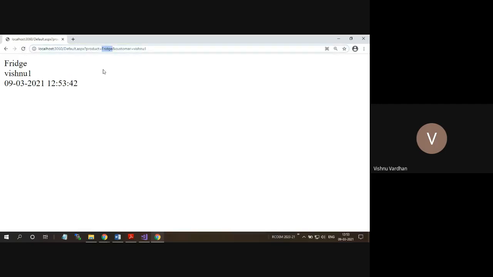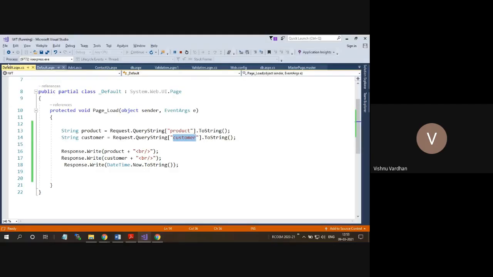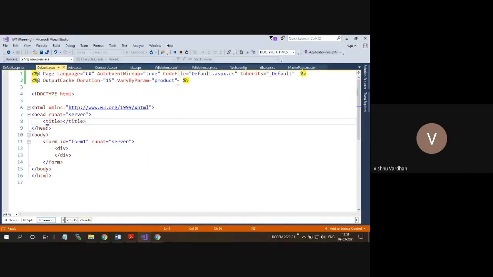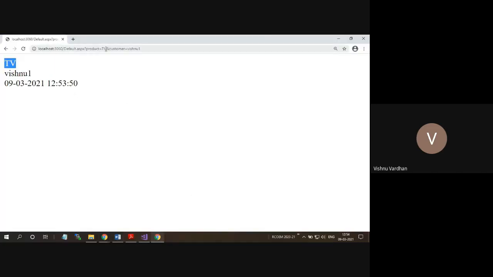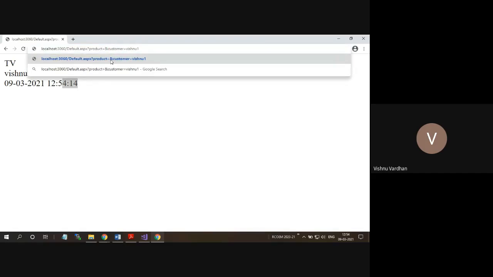So that means before the timeout, if I am changing with anything else, before the 15 seconds, it is going to create a newer version because we are saying from this directive, vary the cache output by this product parameter's name. So whenever there is any newer parameter which I am going to give, suppose in this case I have given TV, so this is the latest output.